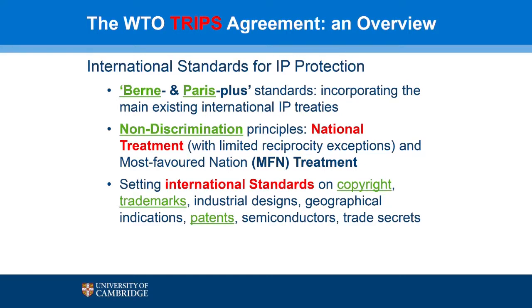which allows right holders from abroad to expect the same standards of treatment as local right holders and nationals of a particular country would have and enjoy under intellectual property rights. And lastly, TRIPS in particular contains all these minimum standards of protection in essentially all areas of intellectual property rights: in copyright, trademarks, industrial designs, geographical indications, patents, and so on and so forth.